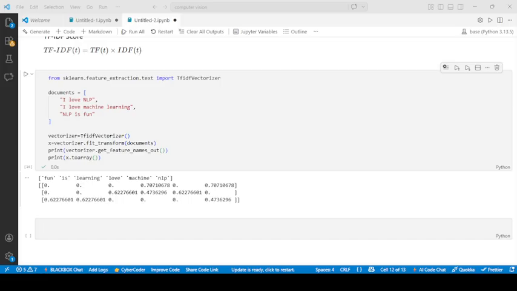Just because it highlights the important words and it